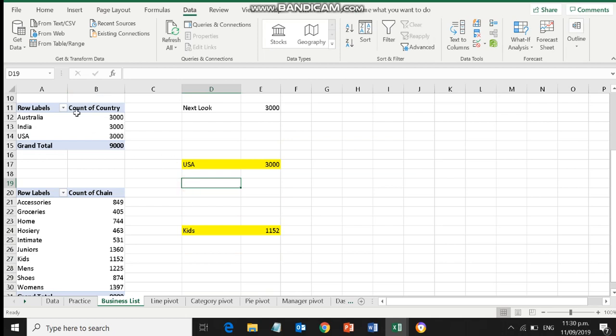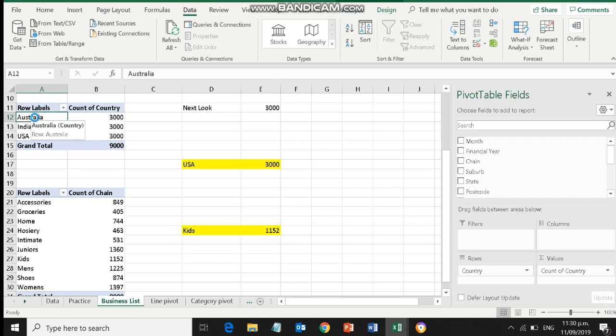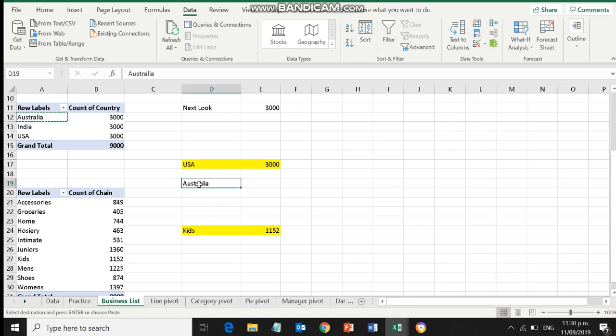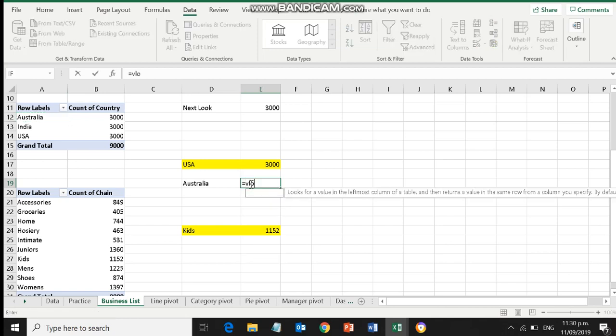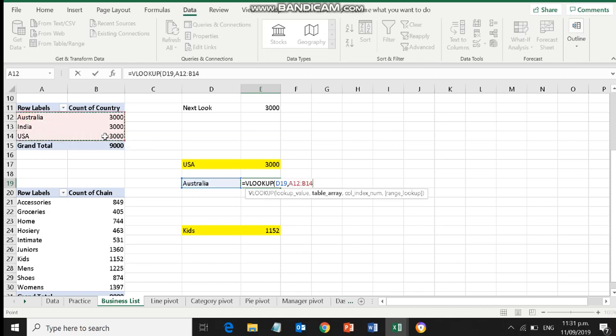So I will just write down one country here. So I'll just copy and paste here, Australia. After that, I will just use the VLOOKUP formula here. So here we can see the formula that we need to use. So first of all, I need to use the lookup value Australia, that will be shown in that. After that, I need to select all these rows and use F4 for fixing that data. After that, I need to select the column number, so I will just write down 2 and select a